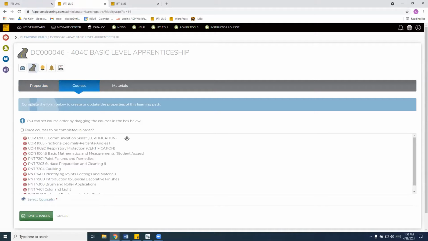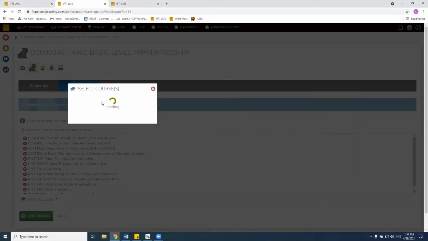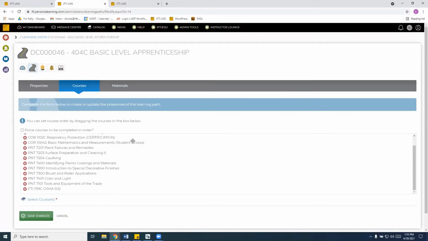So the courses are added, again, by searching your course. Highlight and add the course. Once you've added all the courses that you would like to add to your learning path, click Done, and they'll be here in your list.